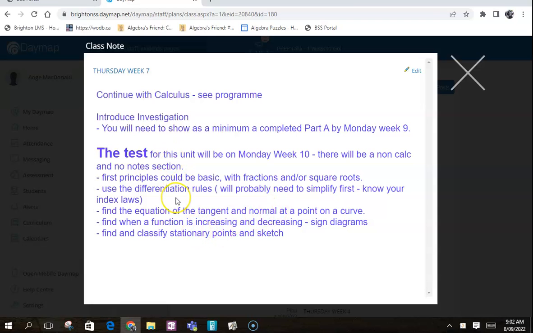So that's our plan. The thing that we want to do today is a last thing, which is optimization, and we made a decision yesterday that we won't put the optimization in the test because your investigation is basically going to be on optimization, okay? So, but we still have to cover that today, and you think, oh my God, is that new? No, nothing new here, because if you think about your stationary point,